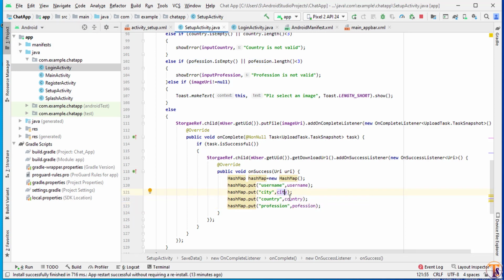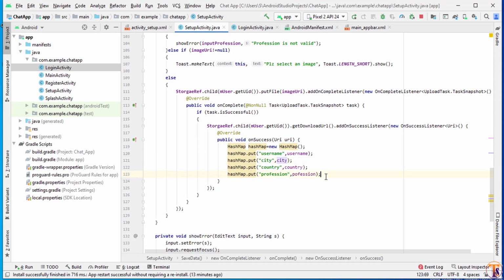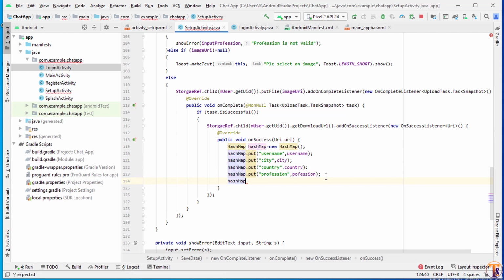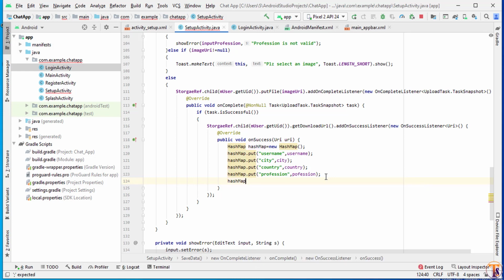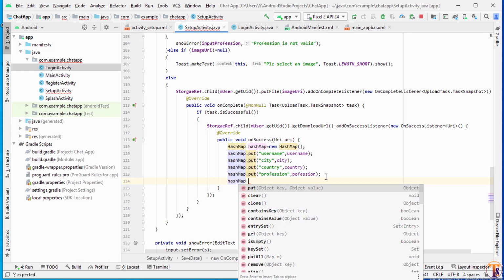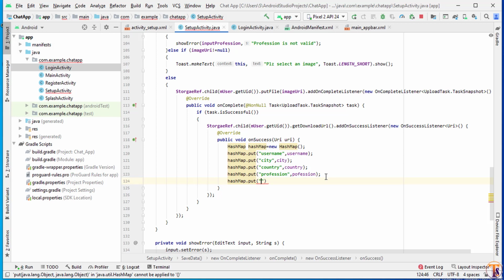Okay, now finally we will add our image URI that we have uploaded on Firebase storage. So hashMap dot put, and here we will call profile image, and here we will add the URI.